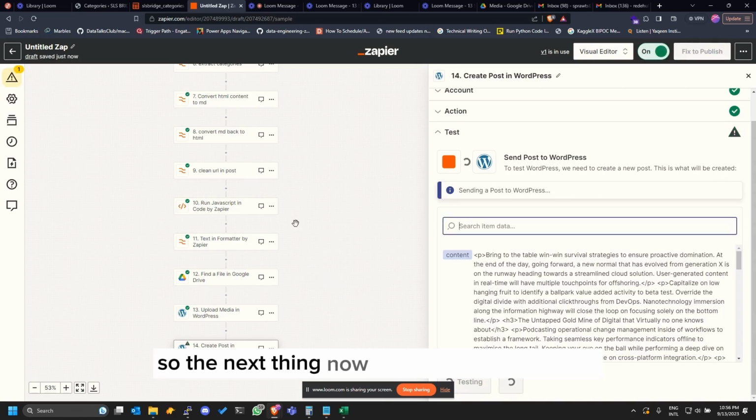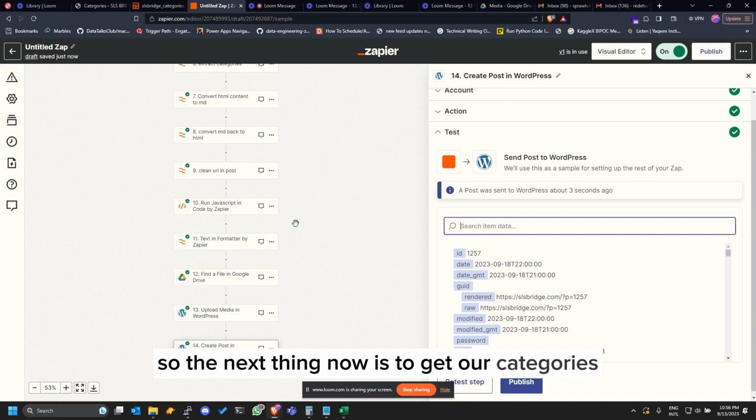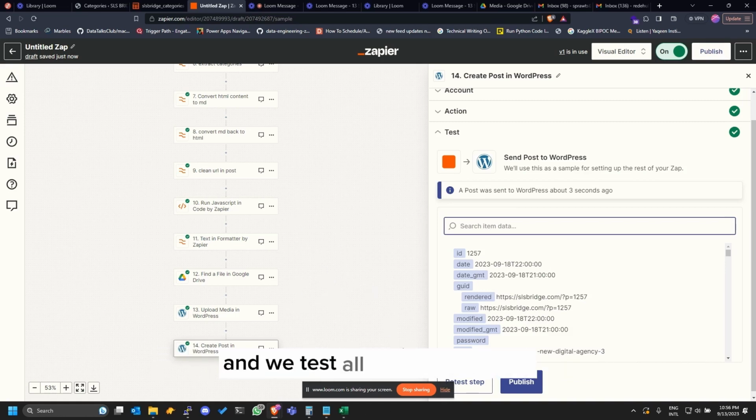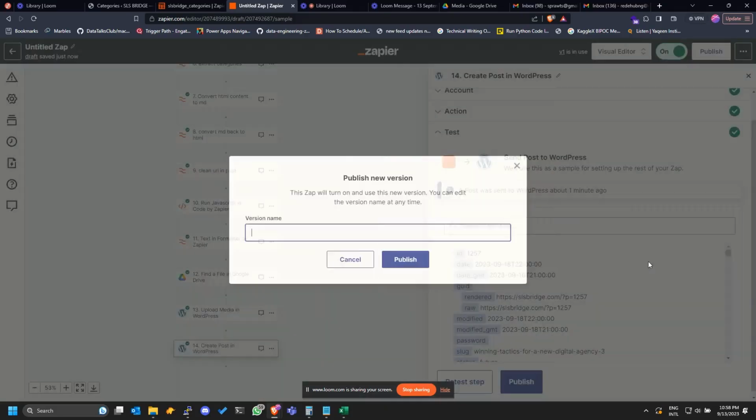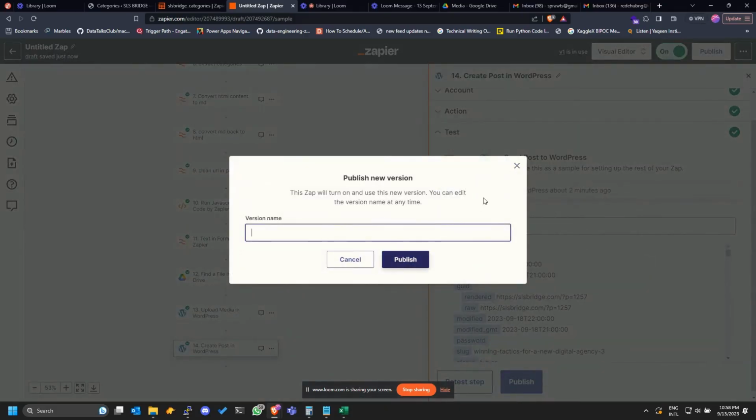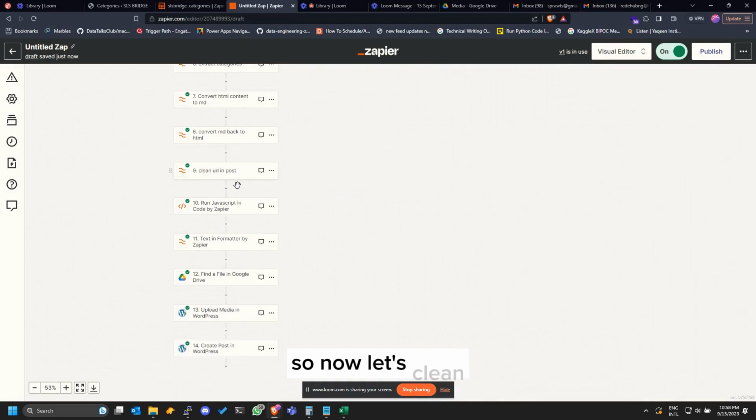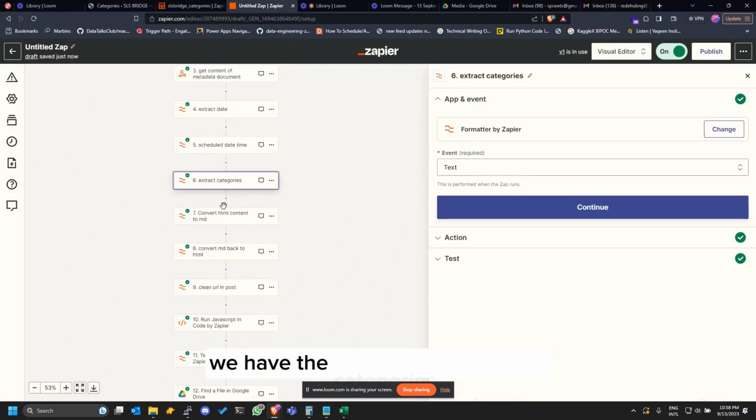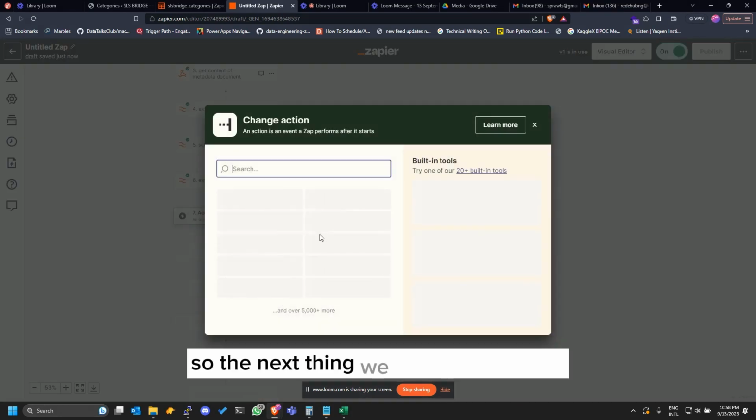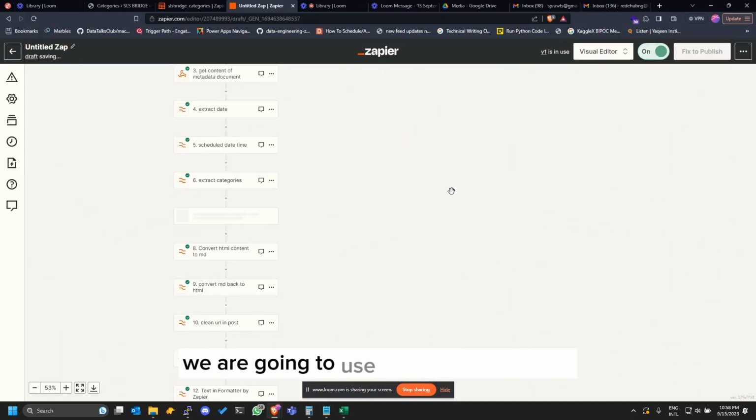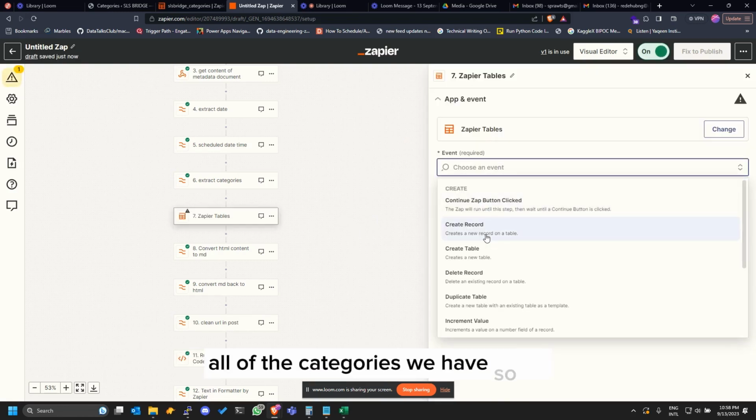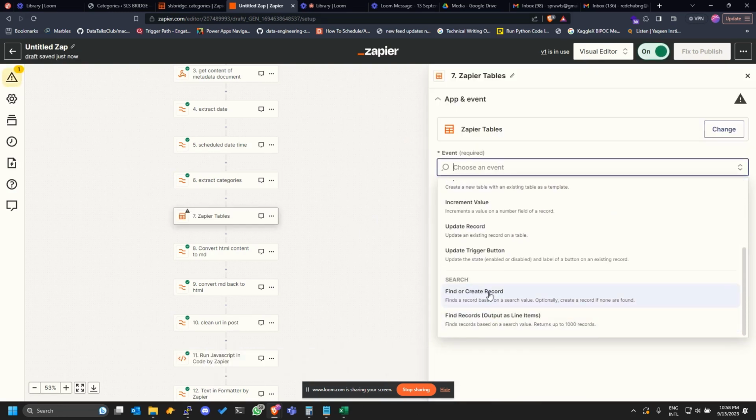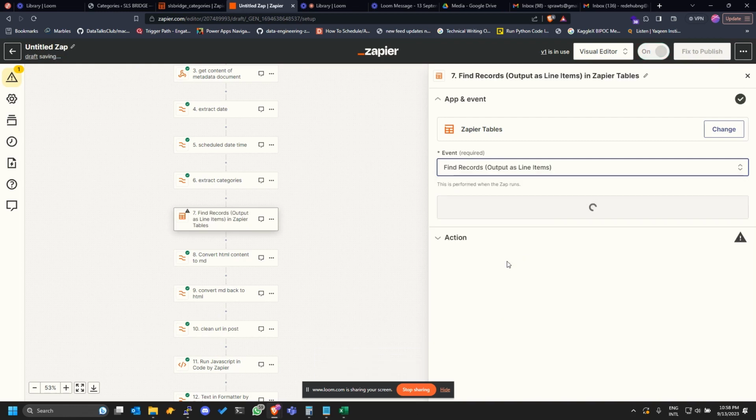So the next thing now is to get our categories, and we now add the categories to it, and we test all of the flow again. So now let's extract our category. We have the categories name here. So the next thing we are going to do is we are going to use our table to bring in all of the categories we have. So we'll do find records,